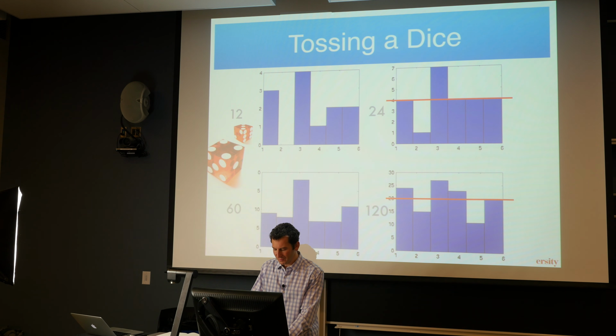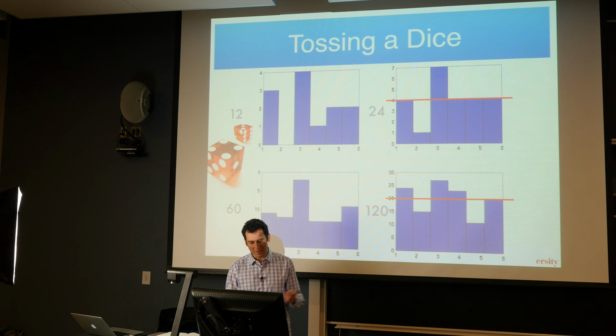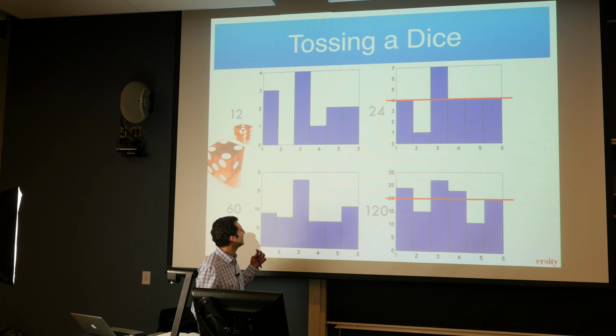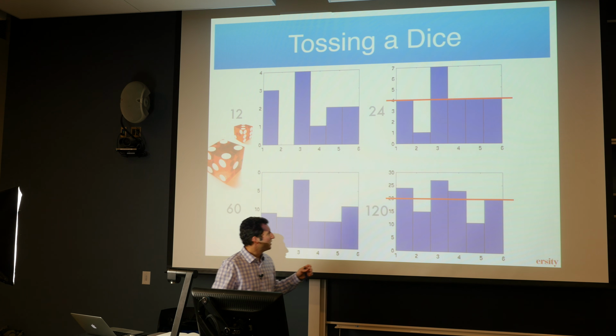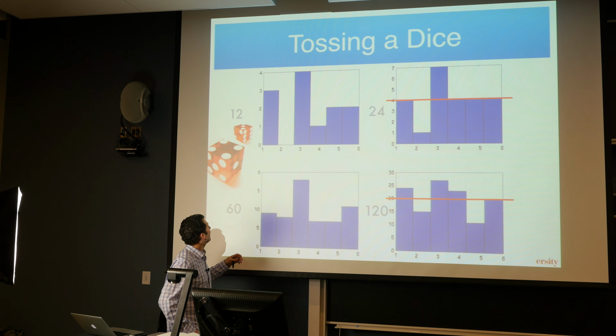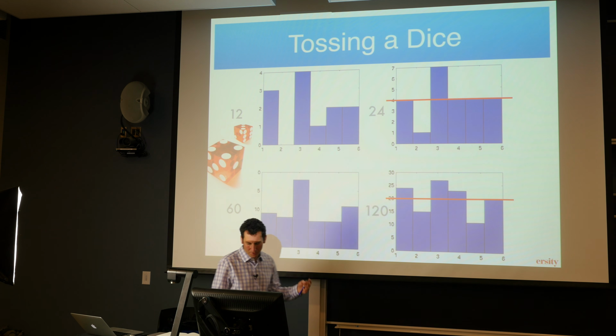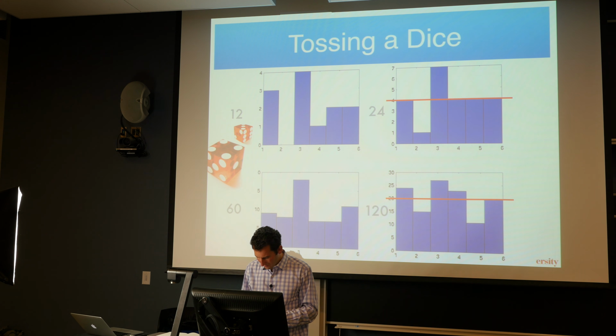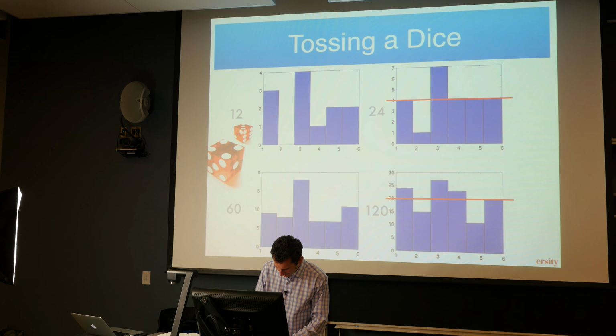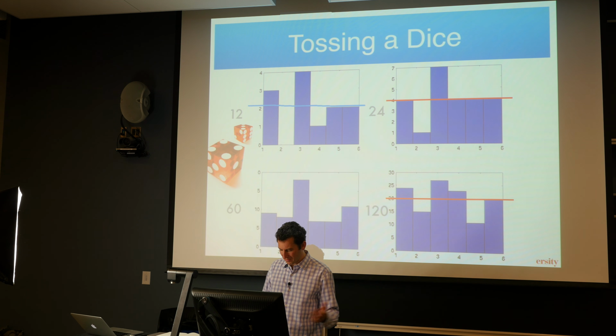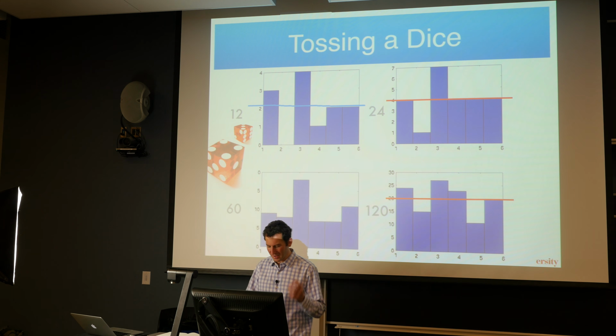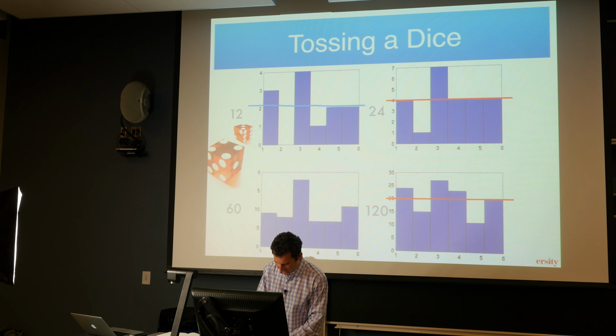And let's first see how it behaves in practice, and let's see how far we get in terms of actually bounding things. So let's say I roll a dice, and this is a very, very high precision MATLAB dice that I've rolled 12, 24, 60, and 120 times. And what I've done is I've just written out how many times you would expect to see various things. So, if I roll it 12 times, of course you would expect that maybe on average every outcome occurs twice, and it just looks like I got really unlucky and I didn't see anything here.